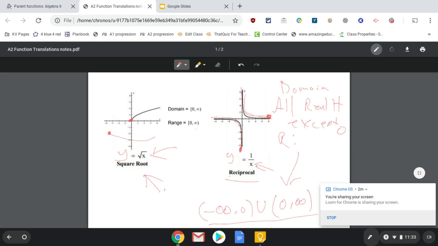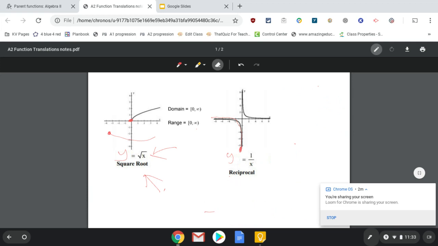I do want to mention something here while we're talking about the reciprocal function. They have a special name for that thing where they're not able to cross it. So it's got this imaginary line, this vertical line here. That is called an asymptote. It's a line that the function approaches. It's trying to get there, but it never crosses it. That's called an asymptote. So this one has a vertical asymptote there on the y-axis,